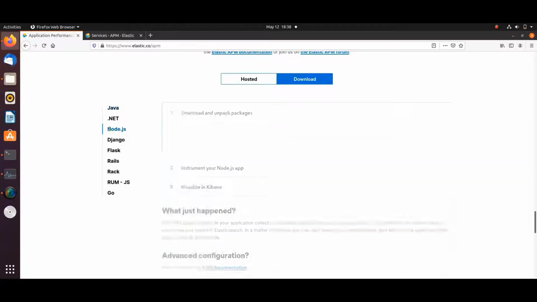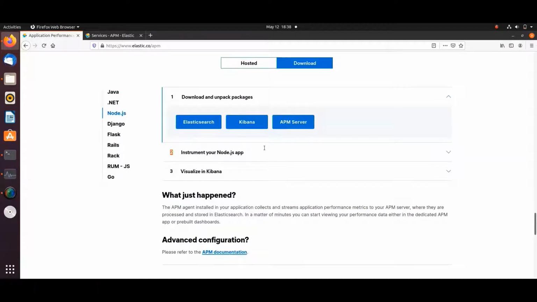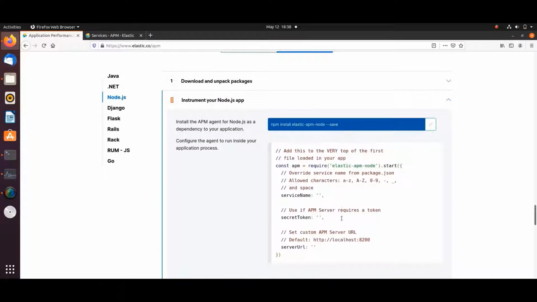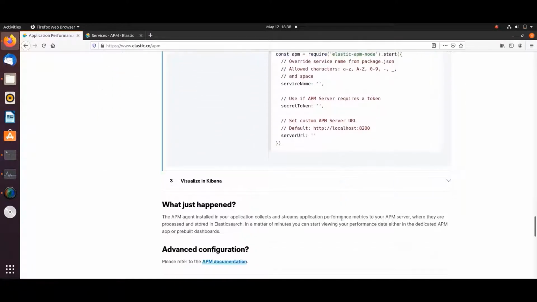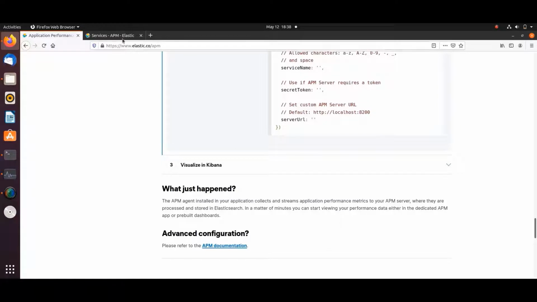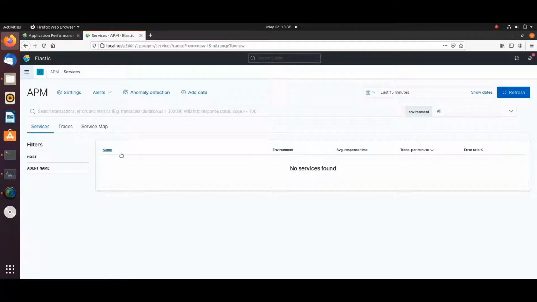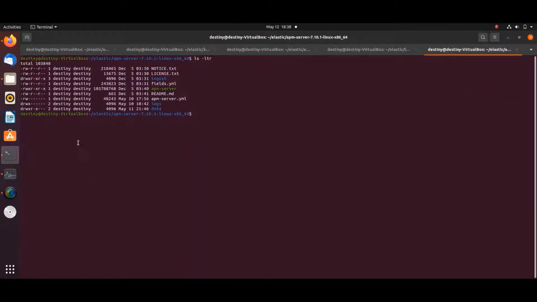of code in any of the platforms as shown on your screen, and the data would be sent from the application to the APM server. Let's see Kibana. This is the APM module in Kibana and we do not see any services. We'll go to the APM server, and